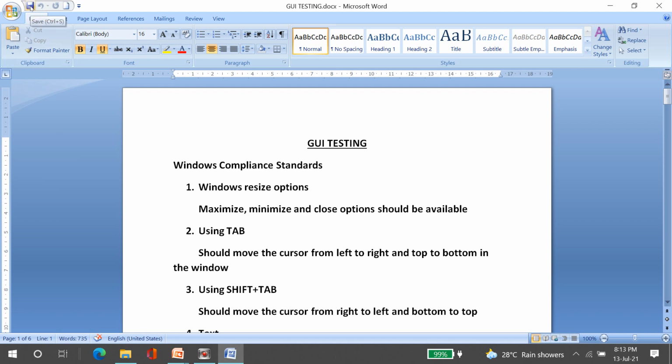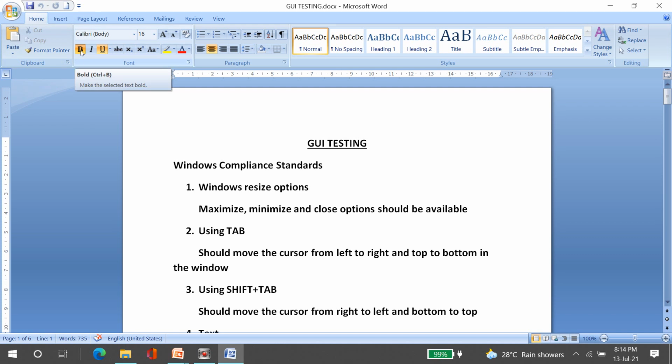Say for example, now I have moved the mouse arrow to the save option. Immediately on the screen, Save, within brackets Control S, is displaying. This is called micro help. It's a micro level help. See, for every option, for example this is undo, right? I cannot undo something because I have not done anything, that's why it's not displaying.